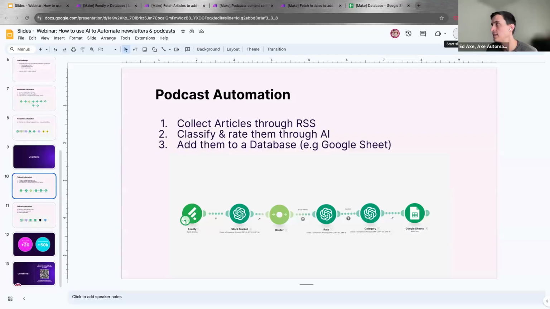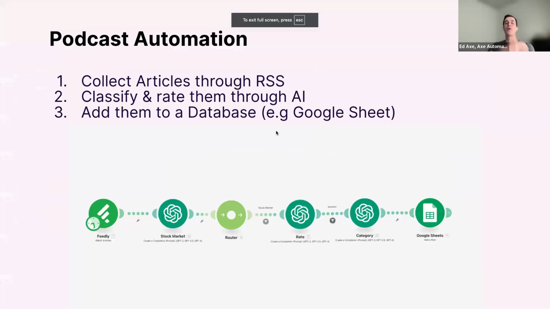Great. So next is the podcast automation, which is very similar to the newsletter one. For the first step, we basically use the same structure because, as you guys could see, we are curating and fetching news articles, evaluating all those news articles, and then adding to a database, right?